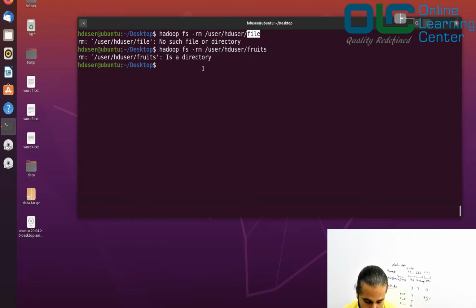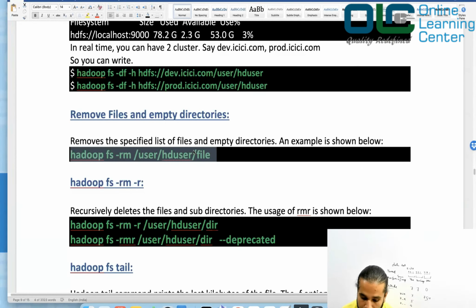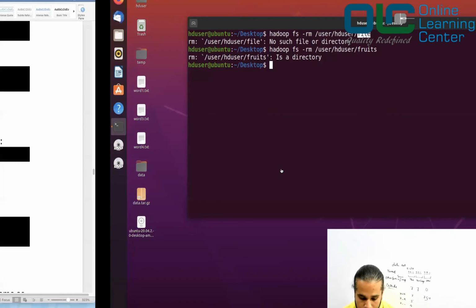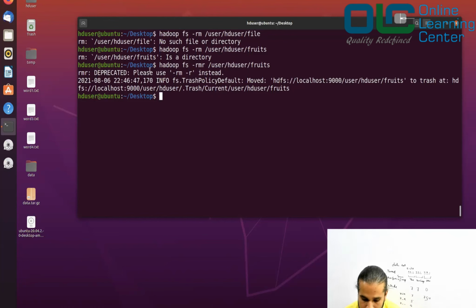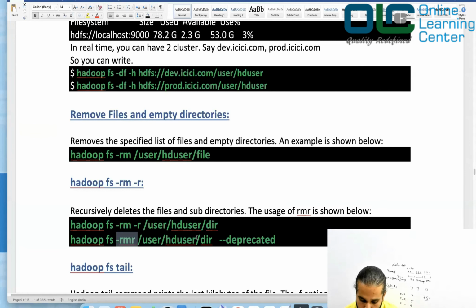Sorry, yeah, so we were learning how to delete a file. If you want to delete a file, you will use this. You use rm if you want to delete a file. But if you have a file or folder and you don't know which, then you can use rmr. You can use either rm -r, or you can use rmr. In this case, fruits is a directory, right? So you can use rmr, and when you did this, it says, hey, this is deprecated, why don't you use this approach? So I've mentioned both approaches, and I've said that this is deprecated, right? So always prefer using this, but it does not matter even if you use this.